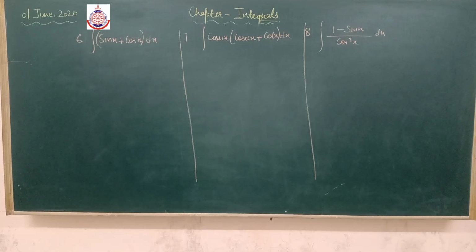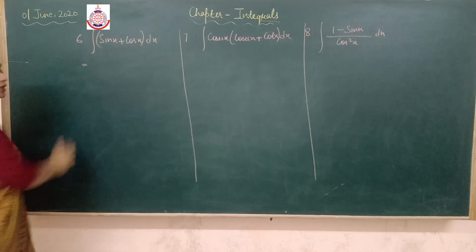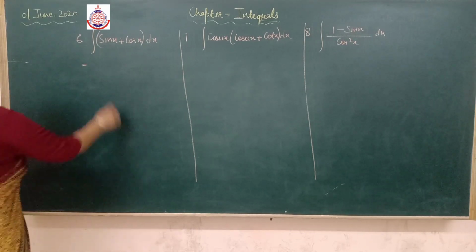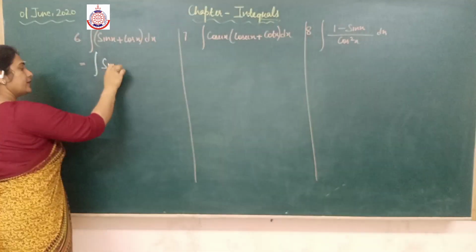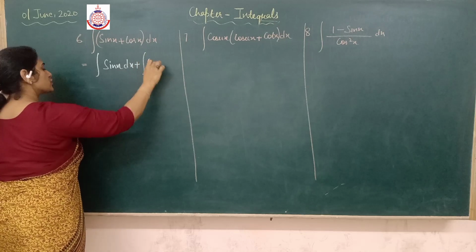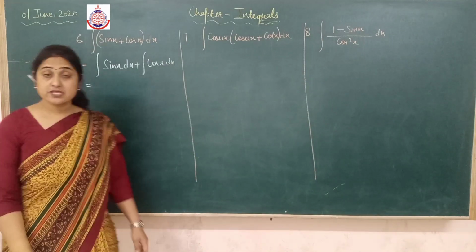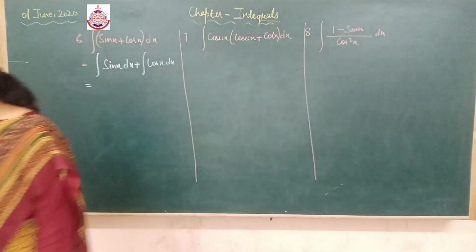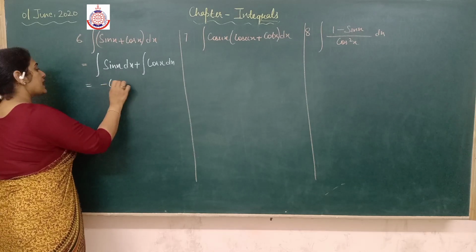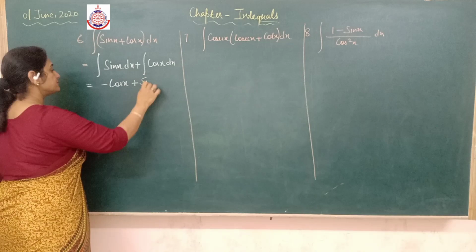Let's see some more questions. I have to integrate sin x plus cos x. So what I am going to do is, we have a property. I can write it as integration of sin x separately plus integration of cos x. Alright, what is the formula of sin x? What is the formula of sin x? The integration of sin x is minus cos x. And integration of cos is,